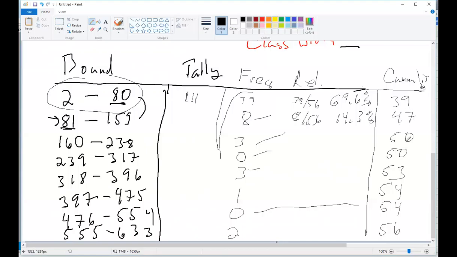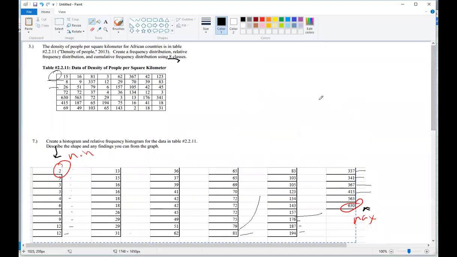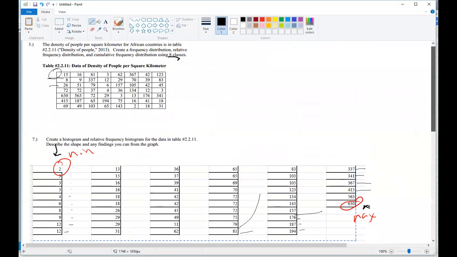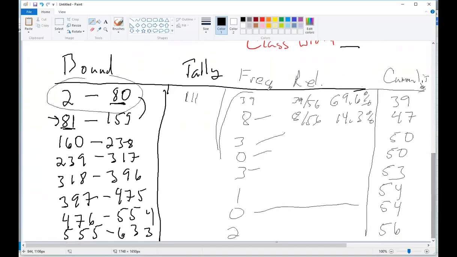And then we could do the same thing with the relative frequency. Just put those in. Okay, so now that I did all this work, how does this help me answer questions 3 and 4 in my OpenMath on this week's work? Well, I'm going to pause this for a minute. Actually, I'm not going to pause this, because if I do, I have a hard time joining these. So what I'm going to do is go out to my OpenMath,